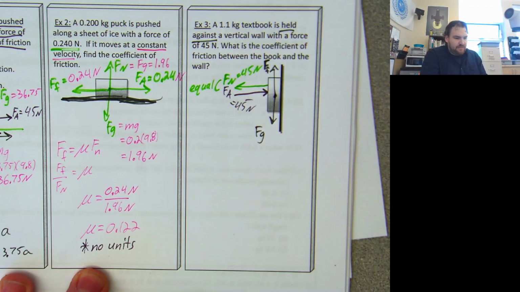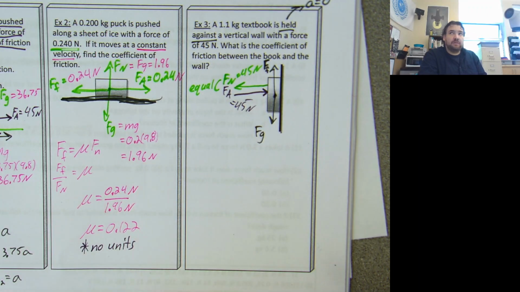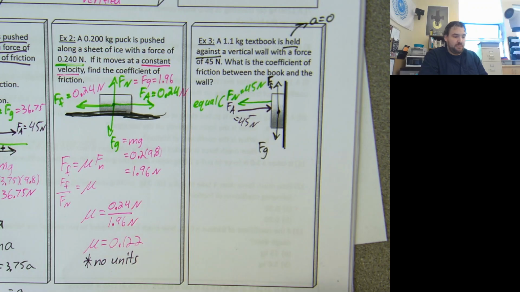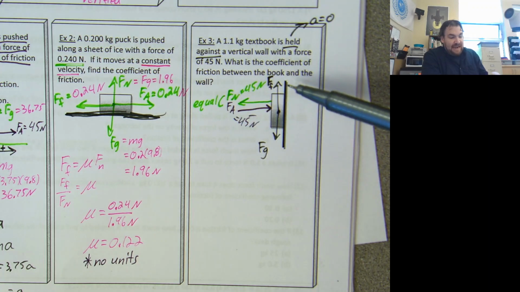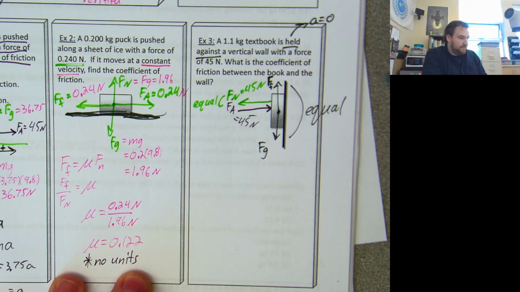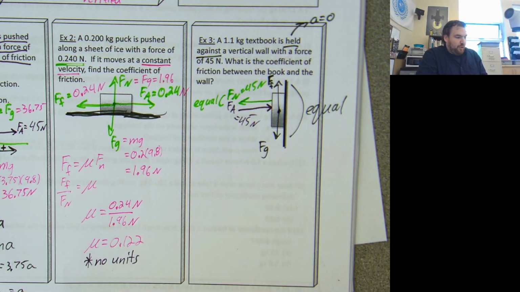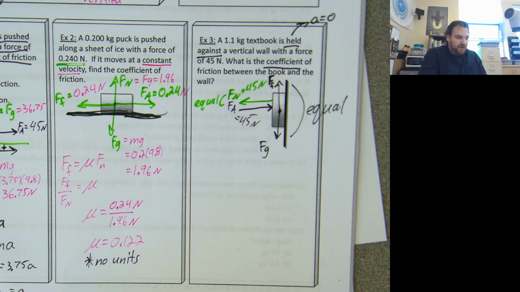Held against implies that the thing's not accelerating. If the thing's not accelerating, Fn and Fa have to be equal, and what other pair of forces have to be equal? Ff and Fg. These two forces have to be equal. So if we want to figure out what the coefficient of friction is between the wall and the book,